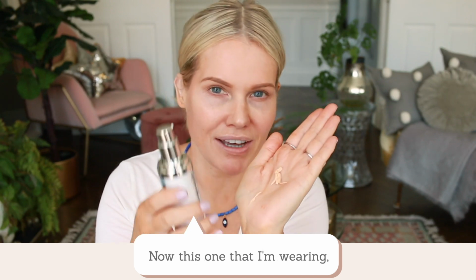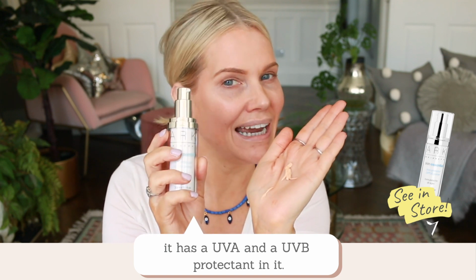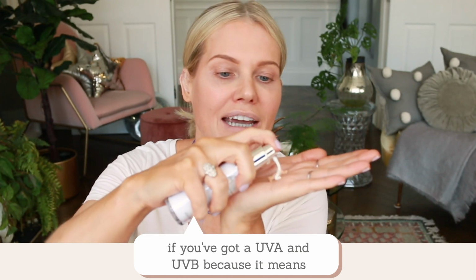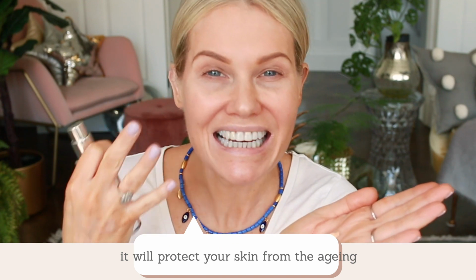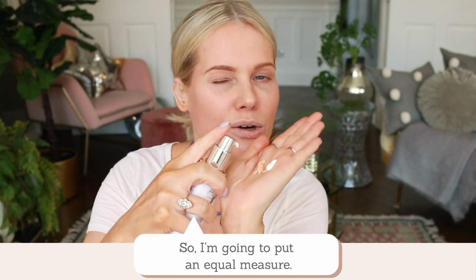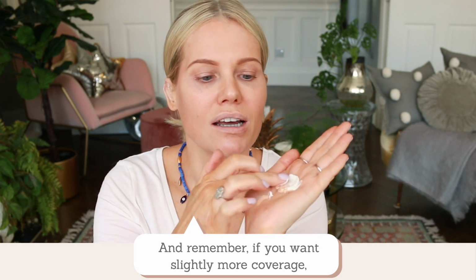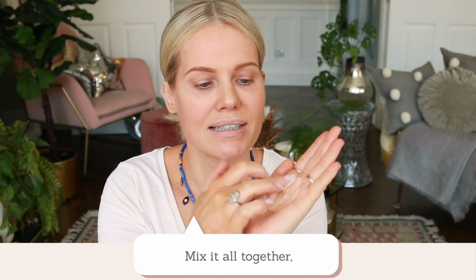Now this one that I'm going to wear today has a UVA and a UVB protectant in it as a SPF 30, and it's an added bonus if you've got a UVA and a UVB because it means it will protect your skin from the aging and burning effects of the sun. So I'm going to put in equal measure, so 2 measures equal to the foundation. And remember, if you want slightly more coverage, just put in a little bit more of your foundation, mix it all together,